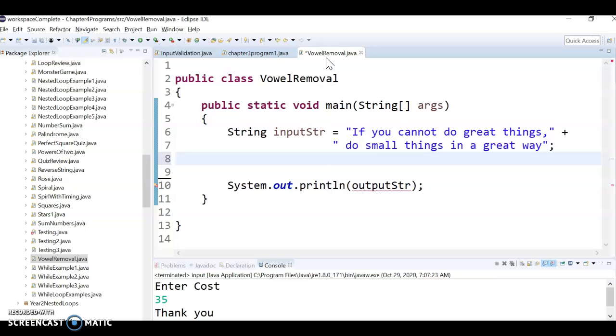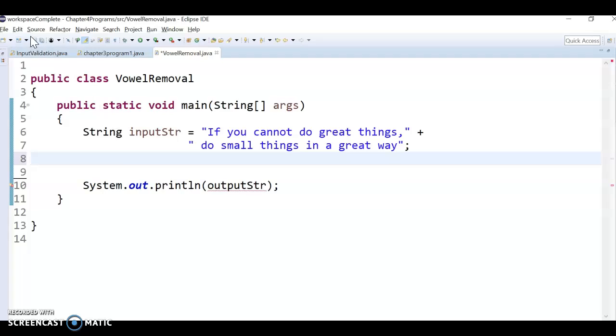So here's how I would set it up. We just have an input string. I just took a quote that I happen to like, and then I left this in here, I guess, but that's going to be my answer, my output string. Okay, so again, if you feel ready, pause it at this point, but otherwise you can